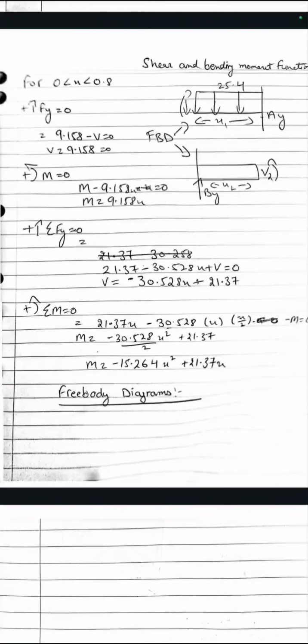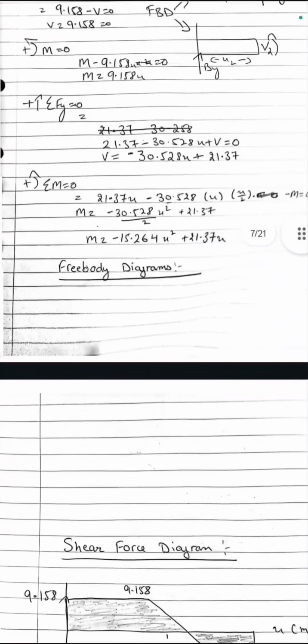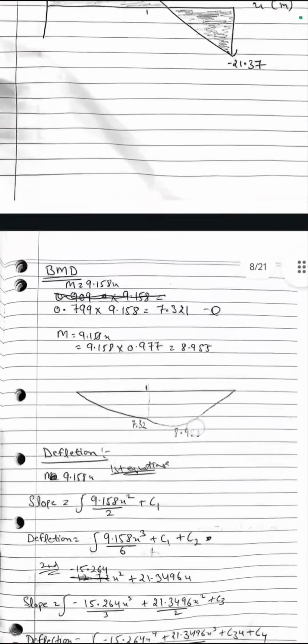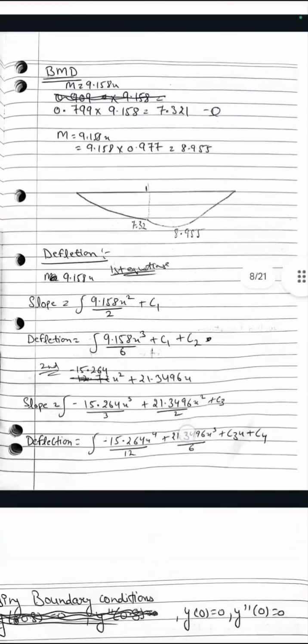These are all the equations that we needed, and these will be used to find deflection and slope as well. And going ahead, we have our shear force diagram, and this is our BMD diagram. And to calculate deflection, we solve the M and V equations, which we are going to use now. And these are the 4 equations that I got,